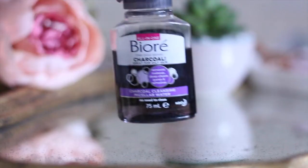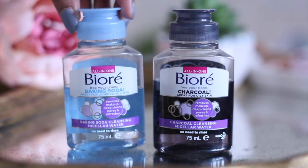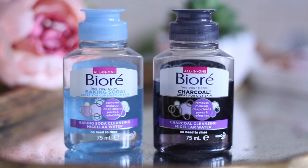Another drugstore cleansing micellar water in the market, and I have 2 of them in these 2 cute tiny bottles, as I just needed to try it and find out what's all the hype about. Other than Shea Mitchell's fake makeup removing ad that went viral some time ago, the blue bottle is the baking